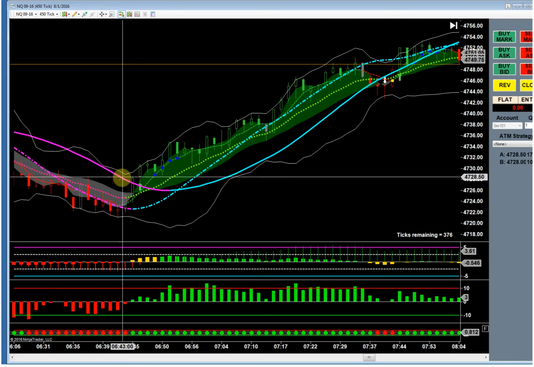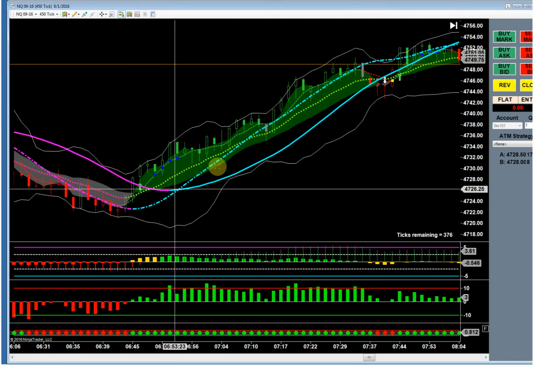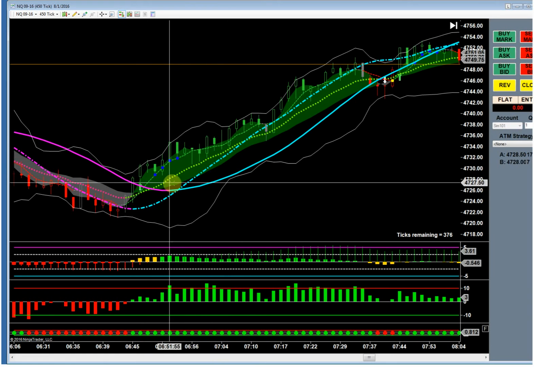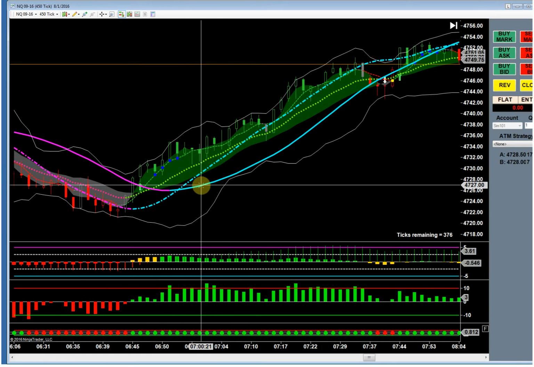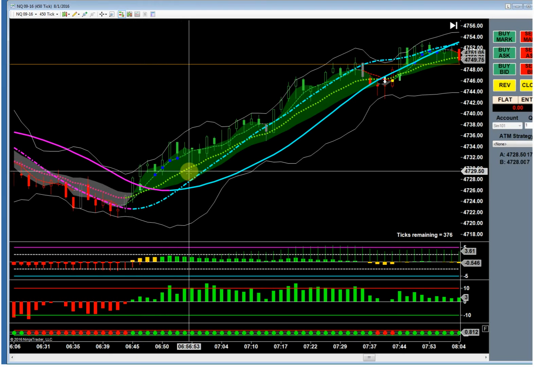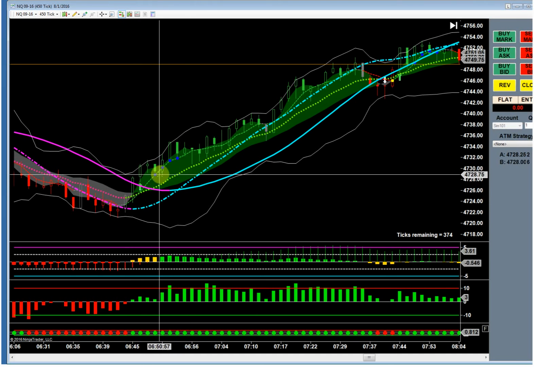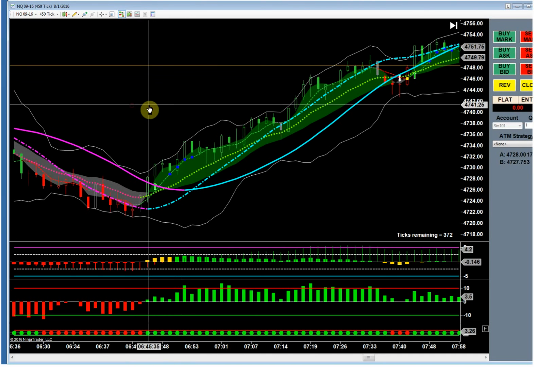But we have, these are called the dynamic trend bands. You have the dashed dotted line here, and then the thicker solid line here. This green dotted line is the cobra, and this thin line here is the trade signal line that we key off of to make our trades.